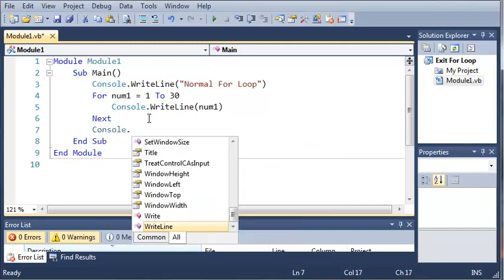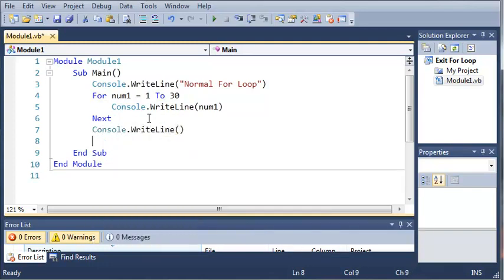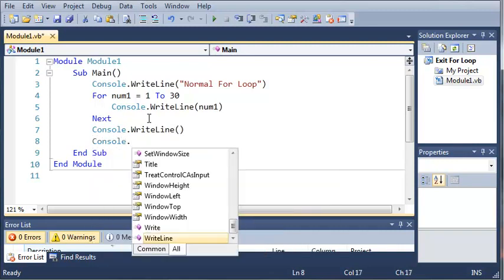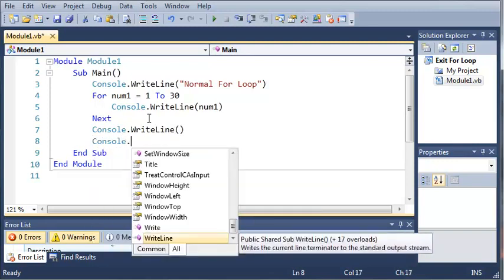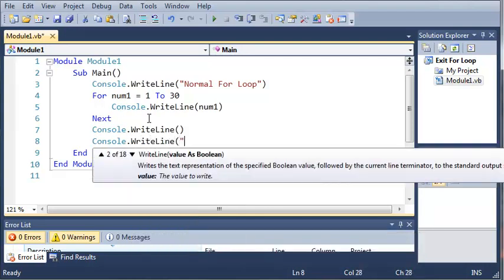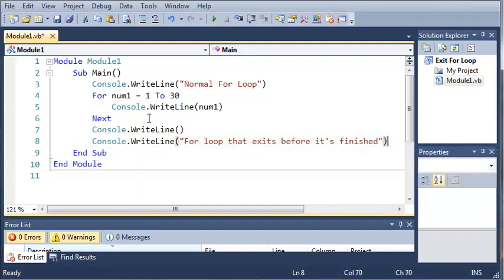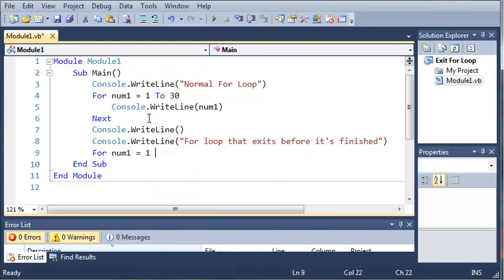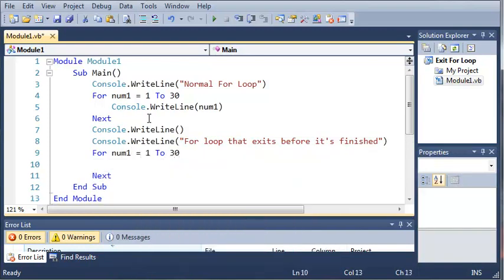Now let's just add a space here, so there'll be an empty line. And now let's tell them that this is a for loop that is exited when num1 is equal to a certain value. So console.writeLine for loop that exits before it's finished. So now let's create another for loop. So for num1 equals 1 to 30, let's go ahead and do console.writeLine